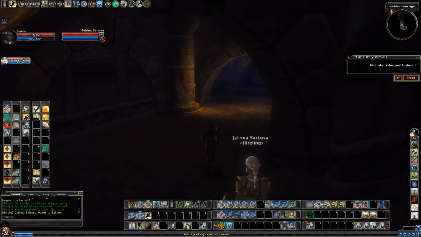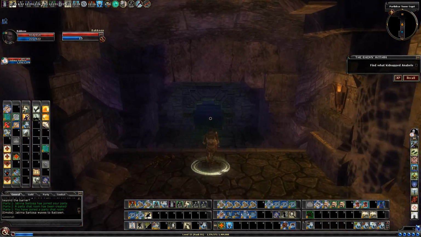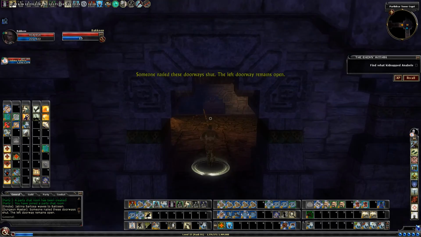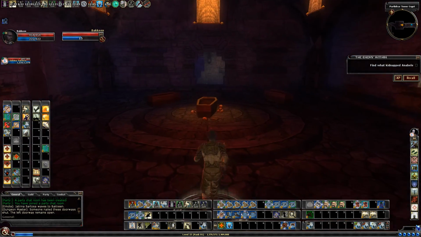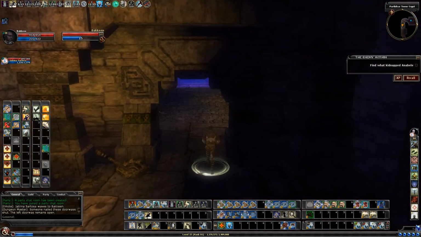The big challenge in this quest is the mobs. They spawn a pretty high number of mobs, which means a good chance of Reapers. Someone nailed these pretty doorways shut. The left doorway basically remains open, so we take the only way we can, which is left, and this takes us to where in Mira's Sleepless Nights